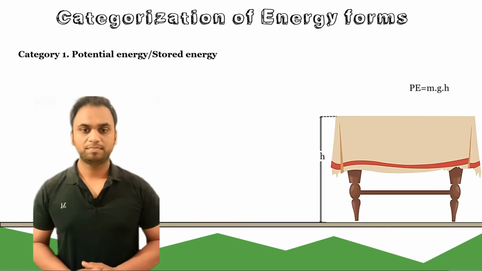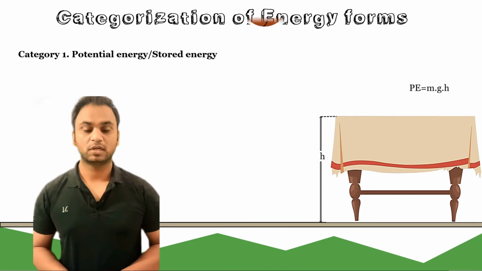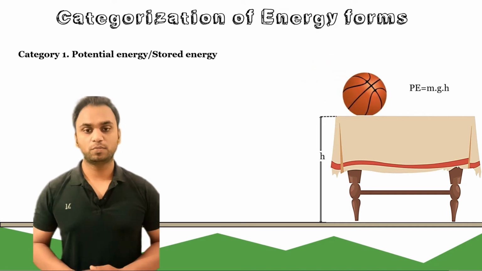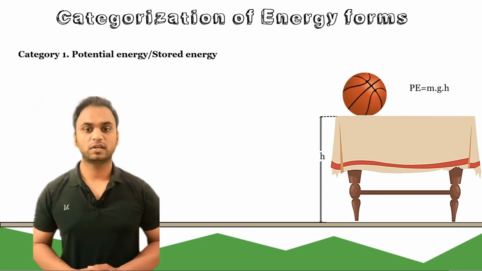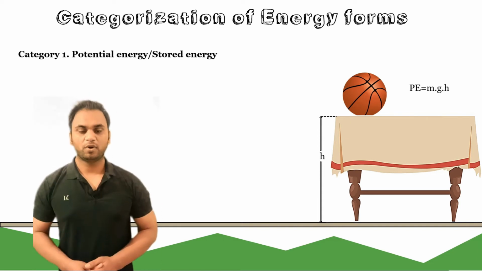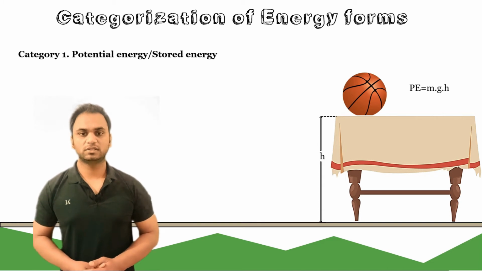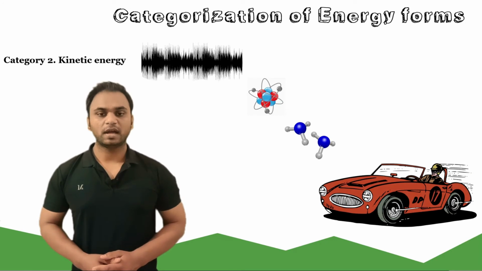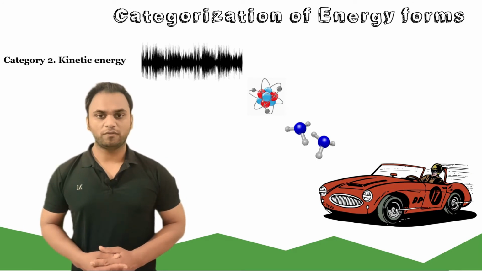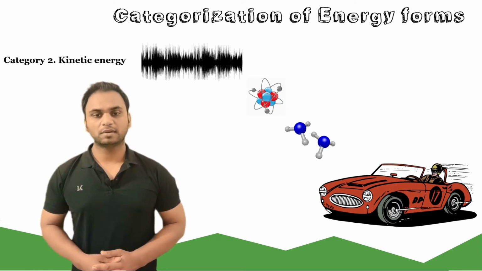Although there are many forms of energy, all forms of energy can be grouped into categories. First one is potential energy, and second one is kinetic energy. Let us discuss in brief about the potential and the kinetic energy. Potential energy is a stored energy or the energy of position of an object. Kinetic energy is motion of waves, electrons, atoms, molecules, substance or object.